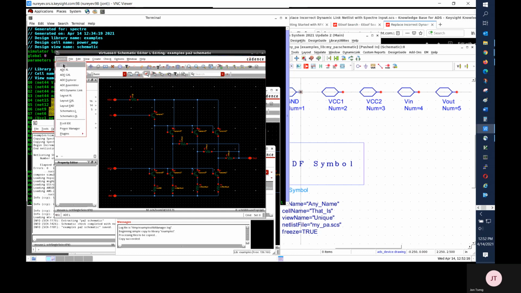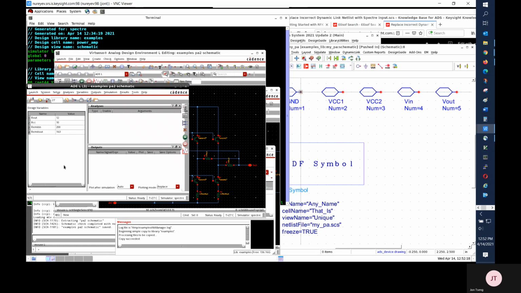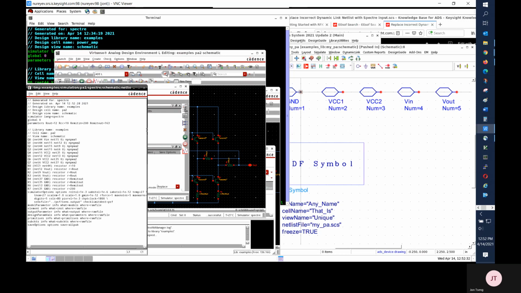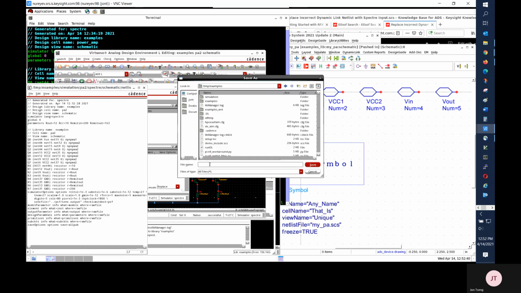Launch ADE L. Simulation. Netlist create. And I will save this as my pa2.scs.